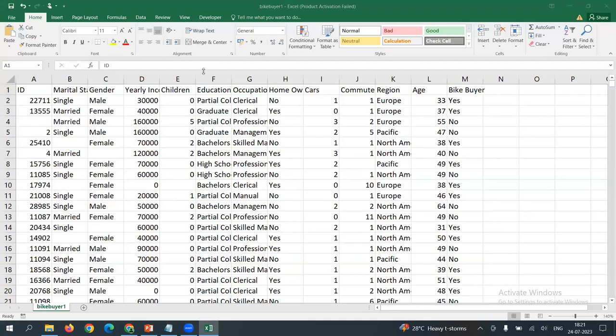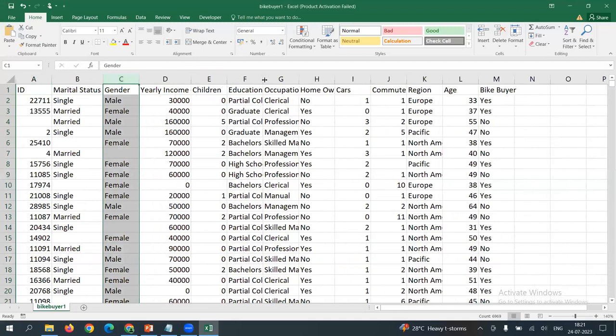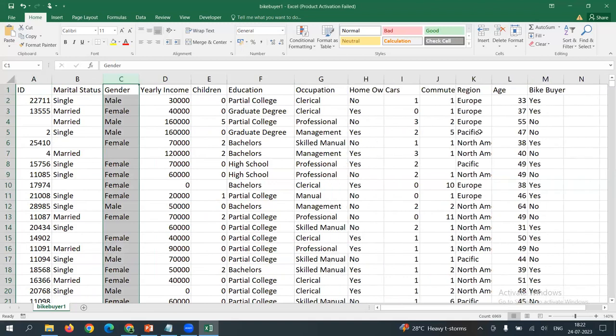Everybody? Great. Now check out the columns: ID, marital status, gender, yearly income, right? Some column names are there here. What do you find peculiar in this? Anything interesting in this data? I already explained what this problem is and what our target variable objective is.